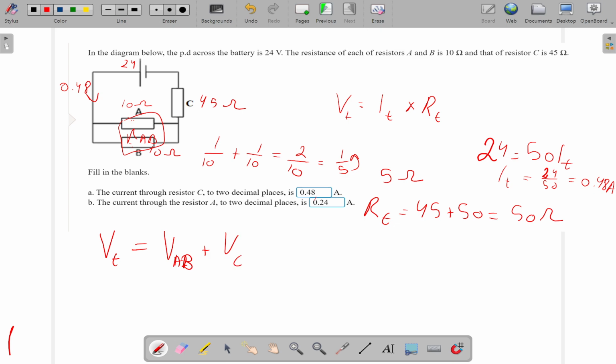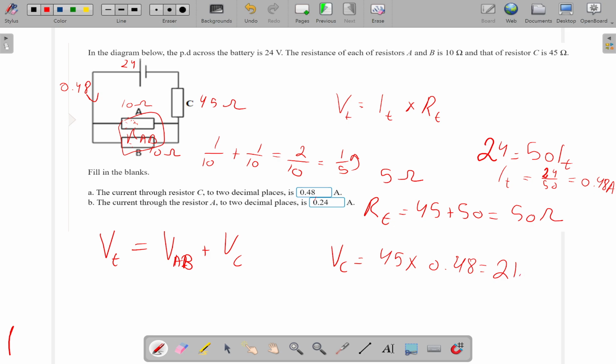We're going to find VC first, because then VAB we're going to substitute into this A, because remember voltage in a parallel circuit is the same. So VC equals 45 times I, which is 0.48, equals 45 times 0.48,